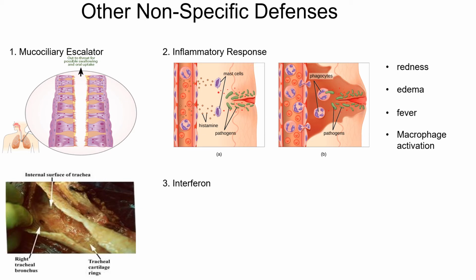Now, the way interferon works is real simple. It will either bind to the protein and prevent it from absorption. It will actually destroy the cell that it infects, okay? Or it can also bring in macrophages. Now, macrophage activation, you see, was one of the little bullet points on the inflammatory response. However, I haven't talked about macrophages yet because I wanted to wait till we got to interferon.